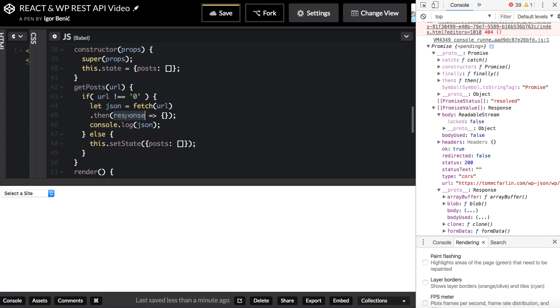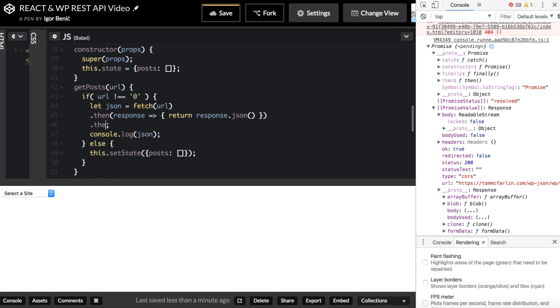So actually I'm just using the response from this fetch that is returned, it's a returned value, and passed to then. I can use this and then say return response and put it to JSON. Okay, and now what? This value is not returned to this, it's just to then. So I can use another then and use that value. I will call it this JSON. I mean, you can call it JSON, but as I have the JSON here already, I'll just use posts,